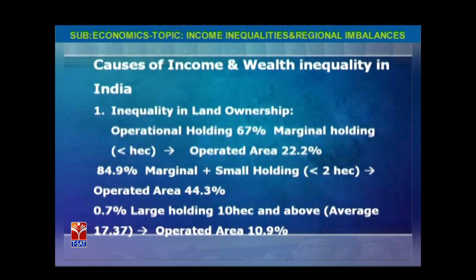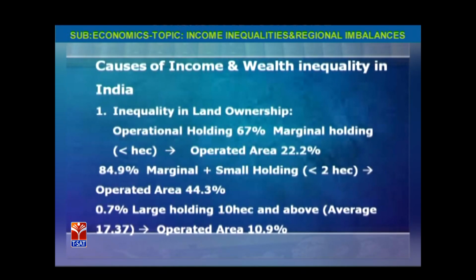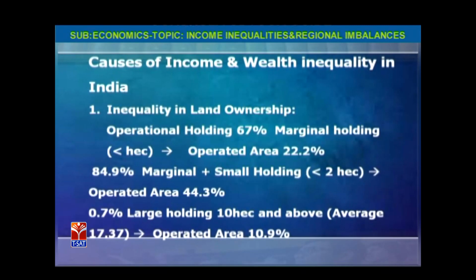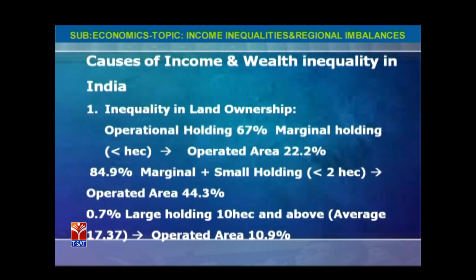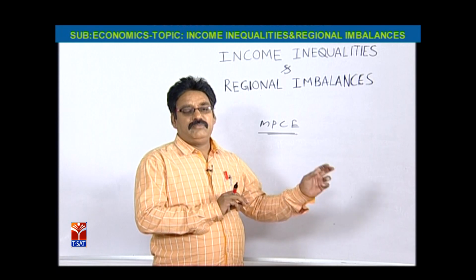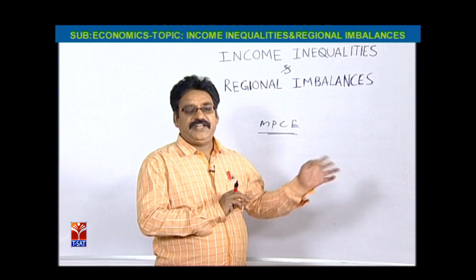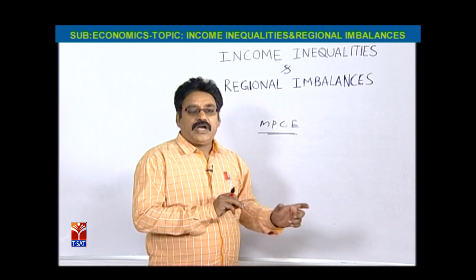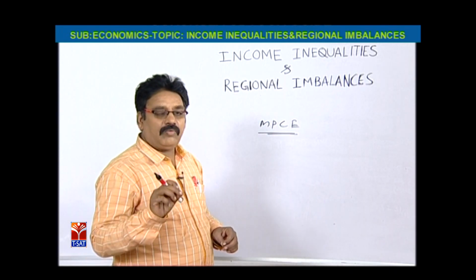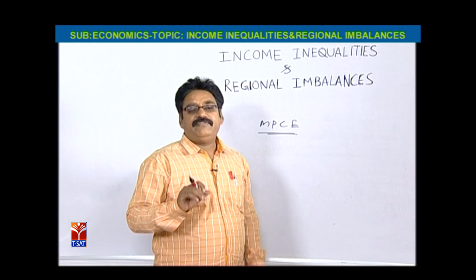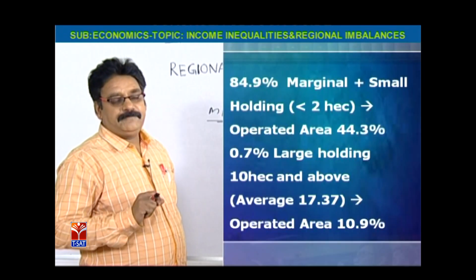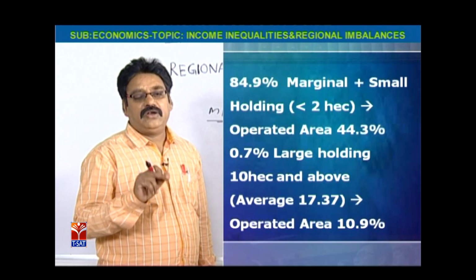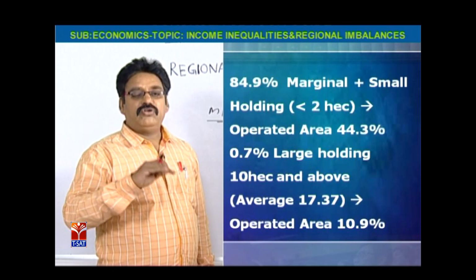Marginal farmers and small holdings combined make up 84.9% of the holdings. Small holdings means less than 2 hectares. These two constitute 84.9%, about 85%, but their operated area is only 44.3%. Whereas the large holdings, not even 1%, just 0.7%, have more than 10 hectares and above,